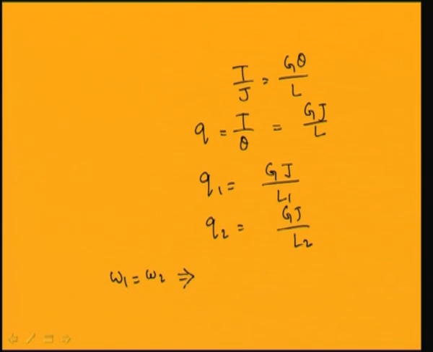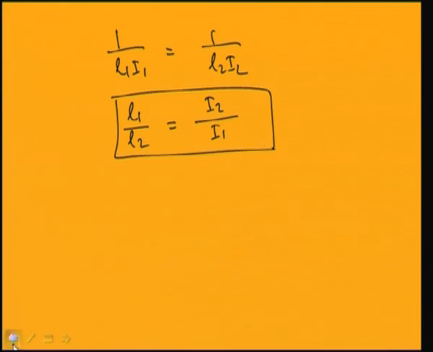So this implies that root over Q1 by I1, that means G J by L1 I1, will be equal to root over G J by L2 I2. So from this you can find that 1 by L1 I1 equal to 1 by L2 I2. So from this you can see that L1 by L2 equal to I2 by I1,